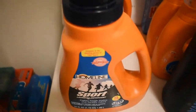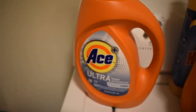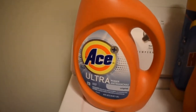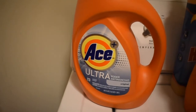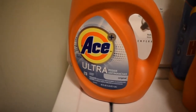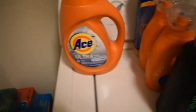Moving on to another detergent I've really wanted for a long time. Ace. Ultra Ace. If you don't know, Ace is Tide in other countries, and it's sort of hard to find up here in the Northeast, so I was really lucky when I found it. I've only been able to find this at one store so far, and that was the one that I got it at. Ace is really common down in like the Southwest, I think, something like that. But moving on,